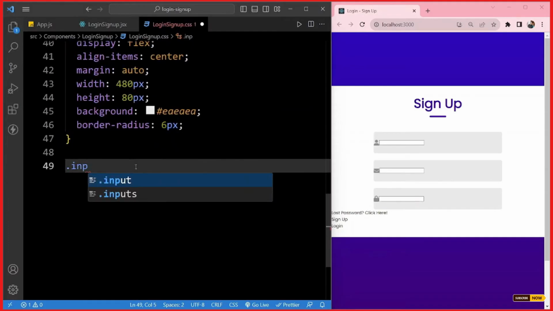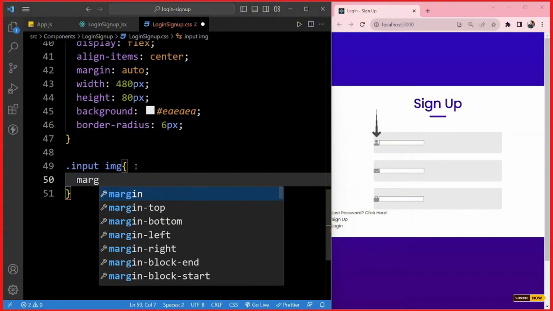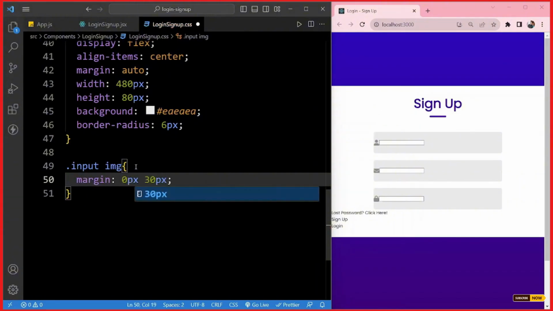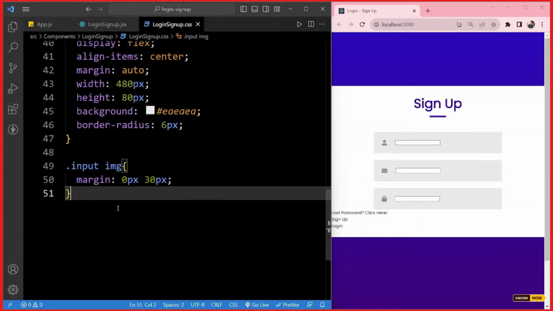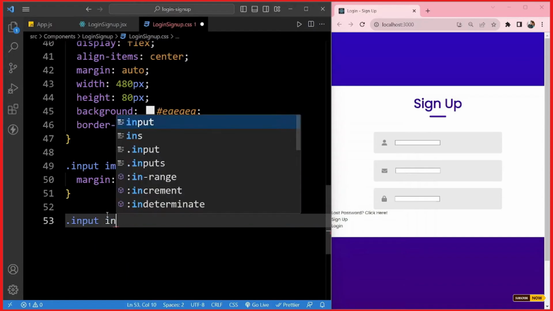Now I will give some style to icons. I had given margin 0 from top and down and 30 pixels from left and right. Now we will give a style to input fields.